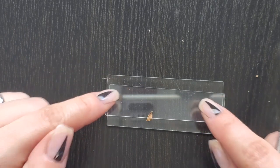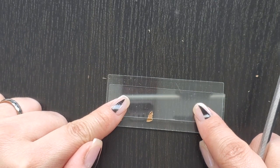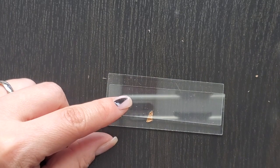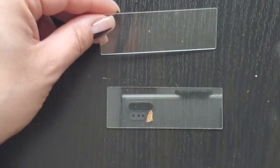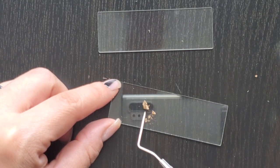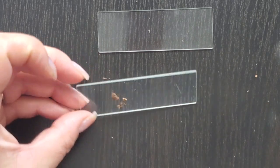But if it's not rehydrated and it's very, very brittle, when you press down to make a section, because you want to hold down your piece, you've just crushed your gills in probably many, many pieces, such as this. So you've kind of just pulverized your section, and that defeats the purpose. So for this second attempt,